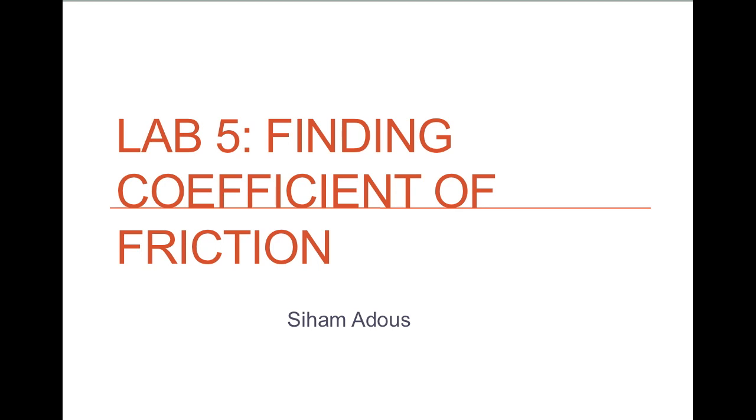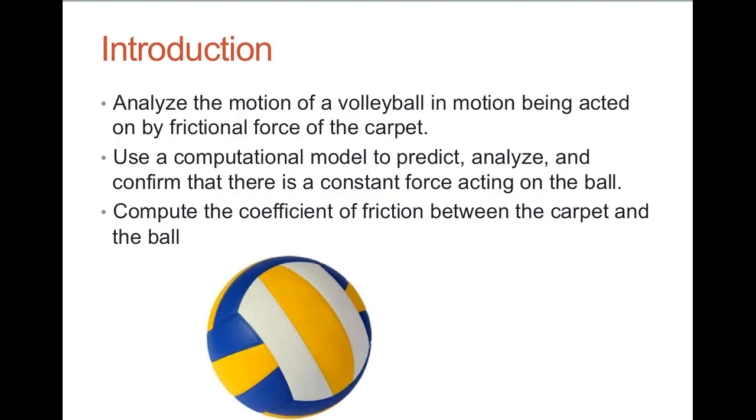For Lab 5, using Newton's second law, I predicted the total distance traveled in the motion of the volleyball with a constant force of friction acting on it and used my data to determine the kinetic coefficient of friction of the carpet. I found that by observing the volleyball's initial velocity, I was able to accurately predict the total distance the volleyball would travel before coming to a rest with constant force acting in the direction opposite to the ball's